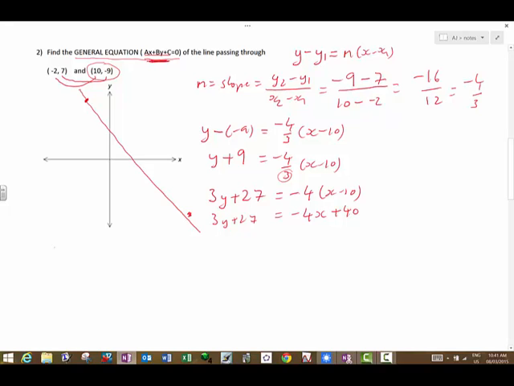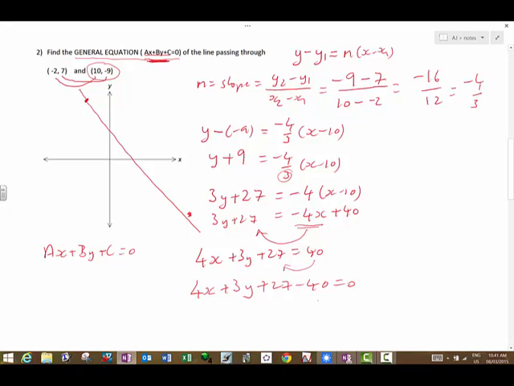Now, the general convention is that we start with positive x, and we have minus 4x right now, but if we moved it on to the other side it would become positive, and so we'd have 4x plus 3y plus 27 equals 40, and then moving the 40 over we finally end up with 4x plus 3y plus 27 minus 40 equals 0, or in other words 4x plus 3y minus 13 equals 0, which is the general equation of